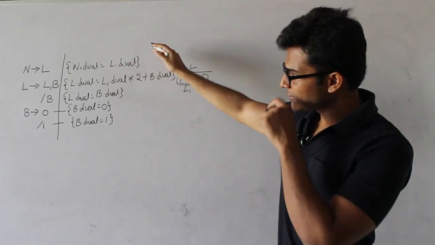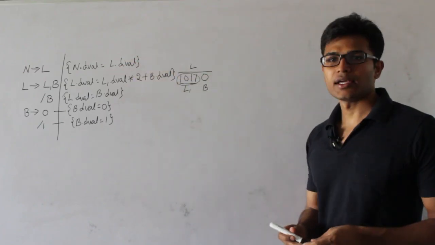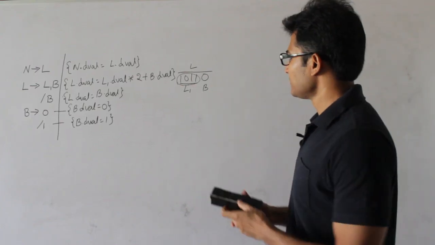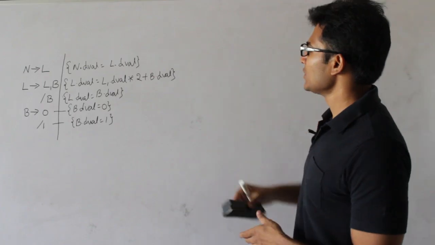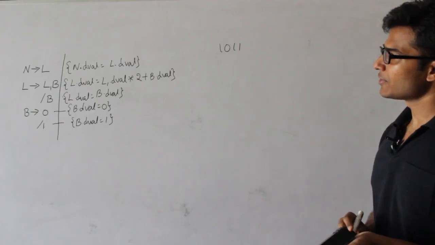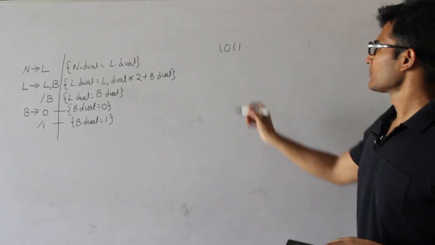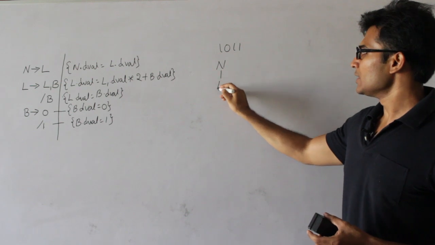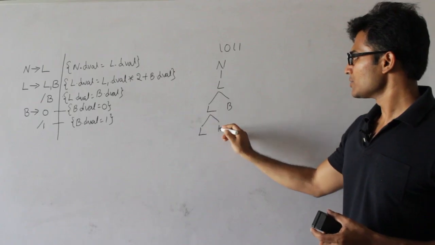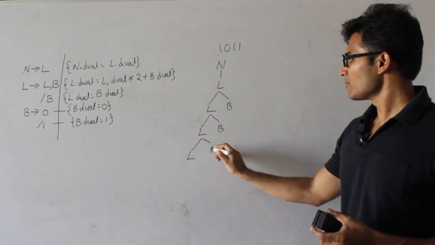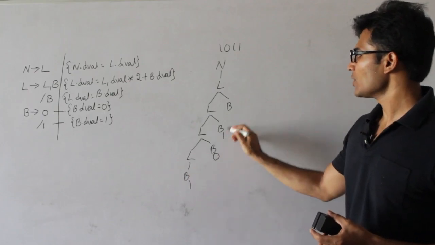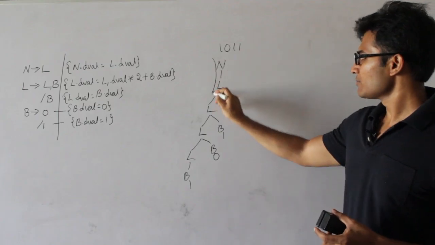So using this SDT, we can take a binary string and find out the decimal value. I'll just show you with an example. Let us say the string given is 1011 and our question is to find out the decimal value of this 1011. Number is going to be a list, list is going to be list followed by a bit, list followed by a bit, and a list is bit. So this one is 1 0 1 1. Now we traverse the parse tree like this,